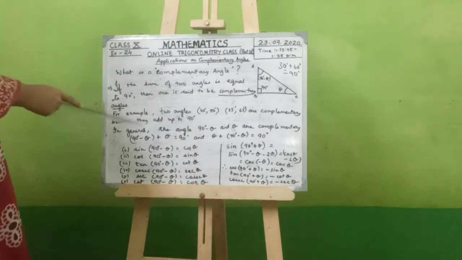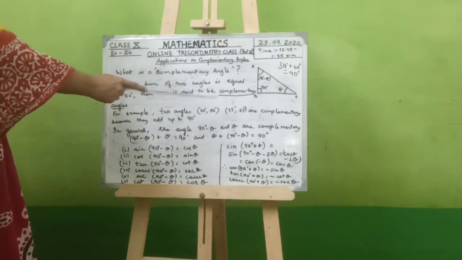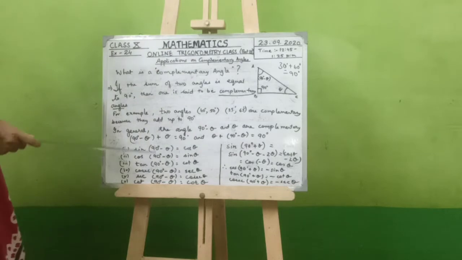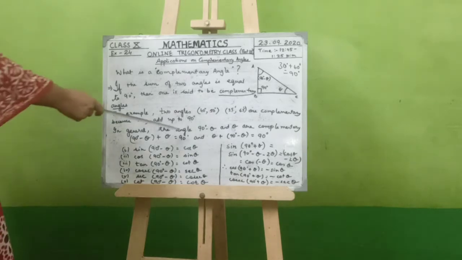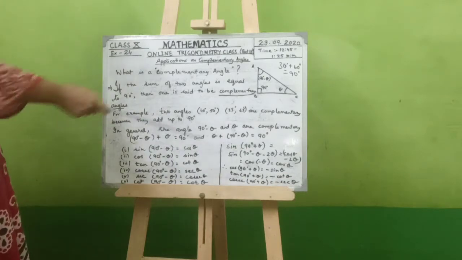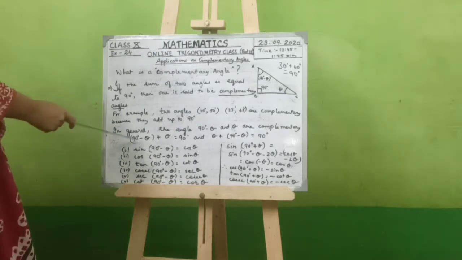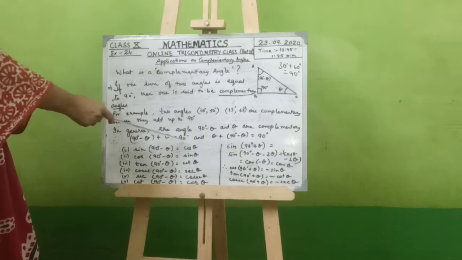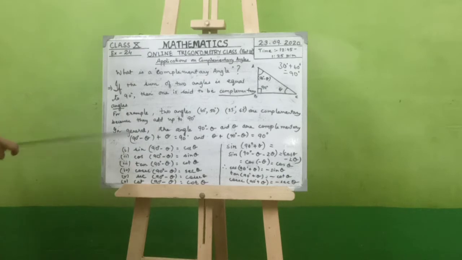Generally, if you add these two, you will get 90 degrees. In general, if one angle is theta, another will be 90 minus theta. And if you add these three, the summation will be 180 degrees. So it proves the rule that the sum of the angles of a triangle is equal to 180 degrees. In general, the angles 90 minus theta and theta are complementary. So if you add 90 degrees minus theta plus theta, that is equal to 90 degrees. That means instead of writing one angle, we will write 90 minus theta.